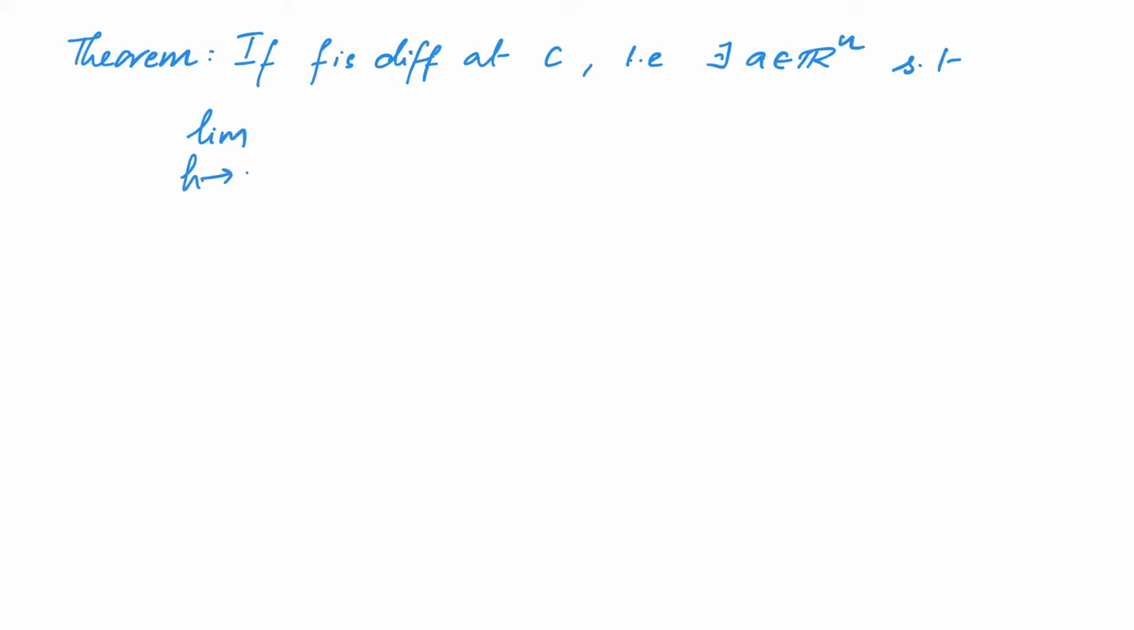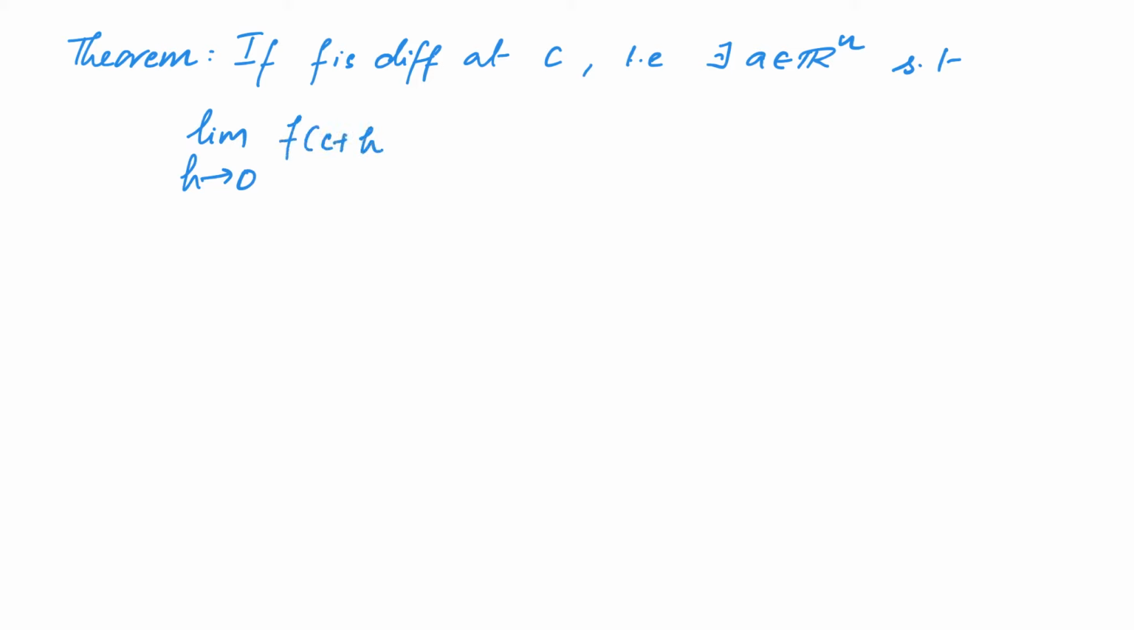In this video, we will prove some properties of differentiable functions. First, we will show that the directional derivative at a point C is a linear function. More precisely, we will show that if f is differentiable at C, that is, if there exists an a in